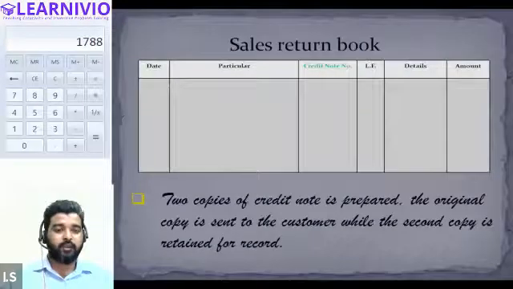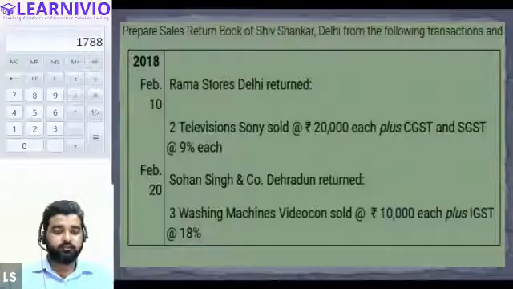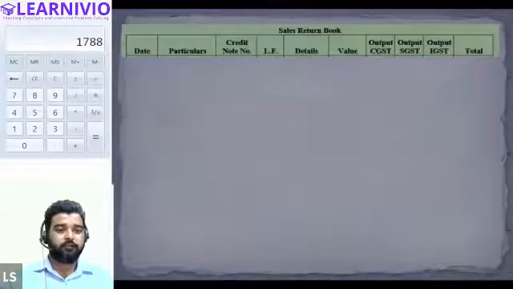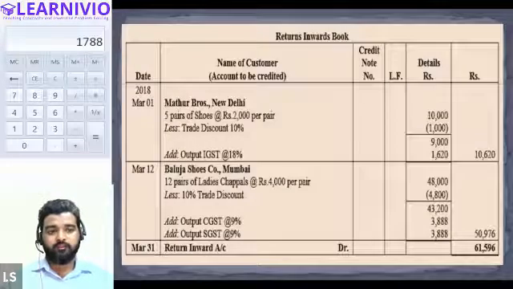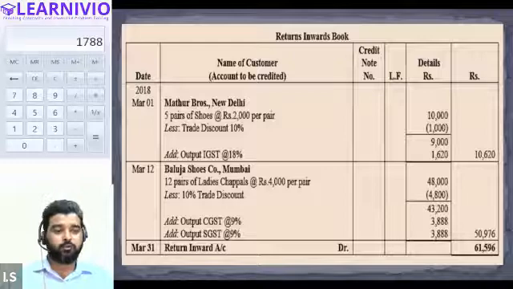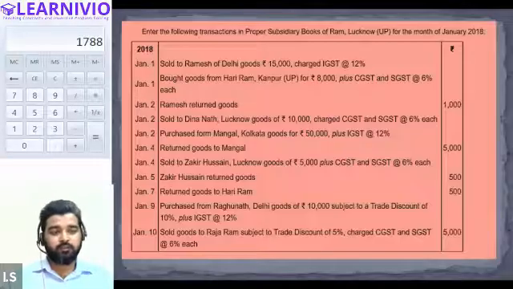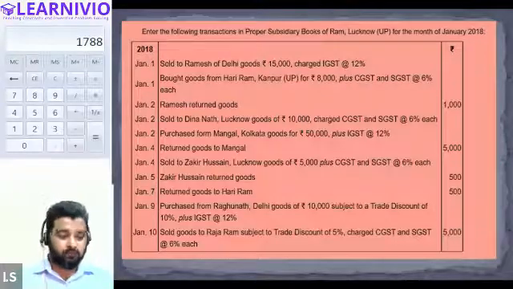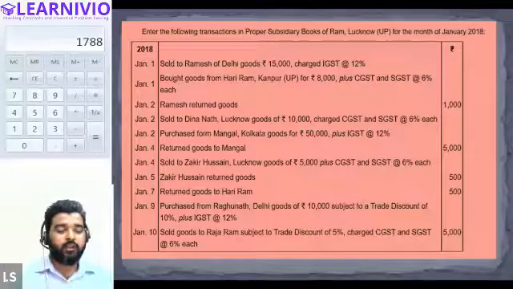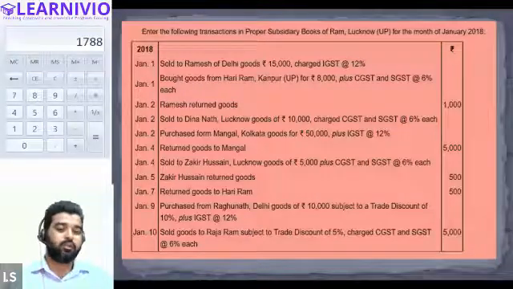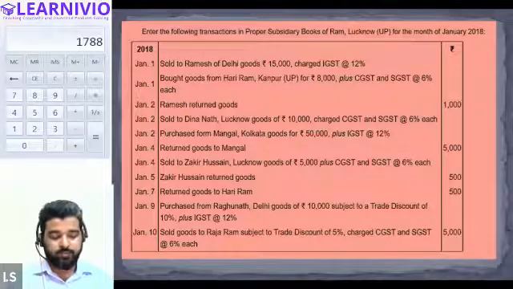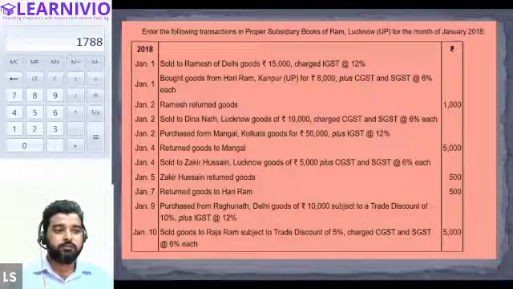All right. I guess everything we discussed in the previous class must be clear to all of you. Let's move ahead. In today's session, first of all, we will do a question based on all of the books, so through this, the entire chapter will be revised. This is a bit of a lengthy question as compared to the other questions we do. In this question, we will make every kind of book that we have studied until now. So please pay attention and read the question carefully.